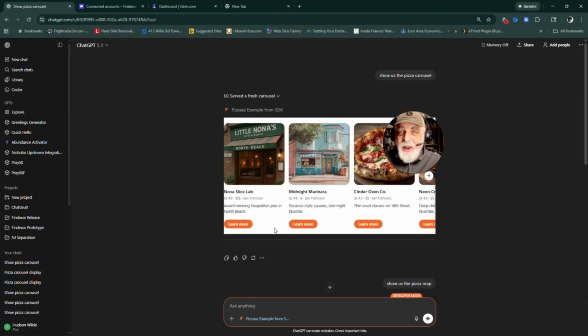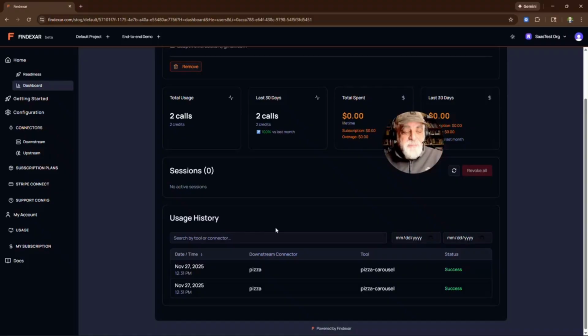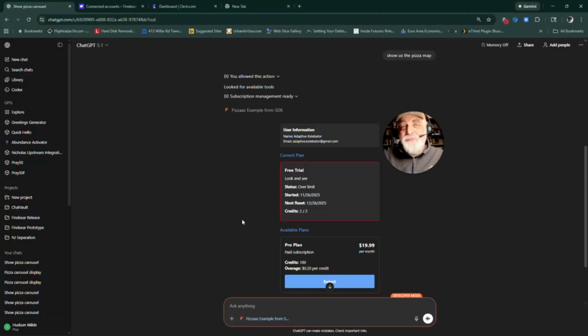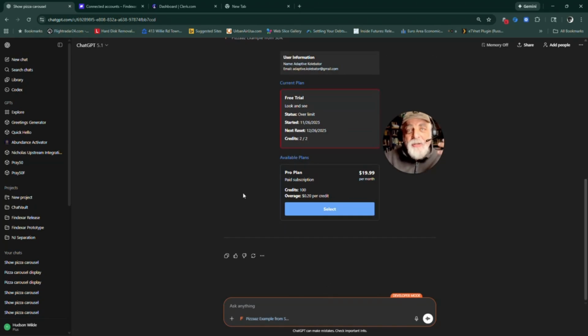So somehow because of these one and two responses that they want us to compare, they called the pizza carousel twice, which exhausted our credits. As you can see here, we called it twice, almost at the same time. And now we're out of free credits. And now, when I did the third call using Pizza Map, instead of showing me the Pizza Map, it showed the Manage My Subscription